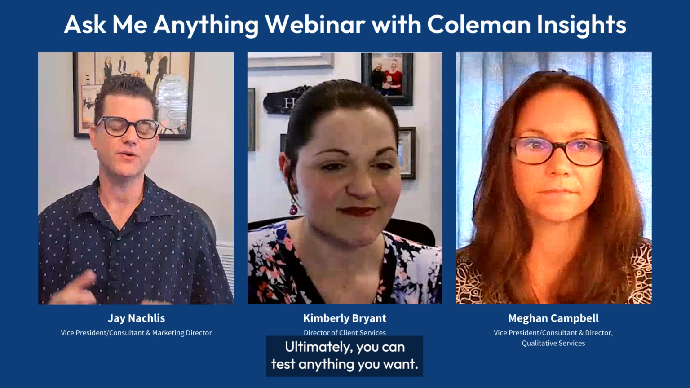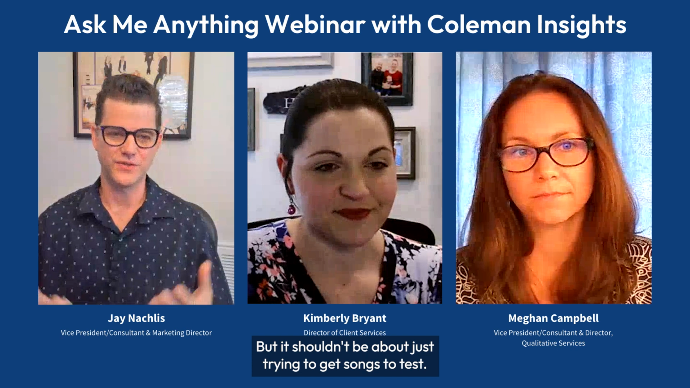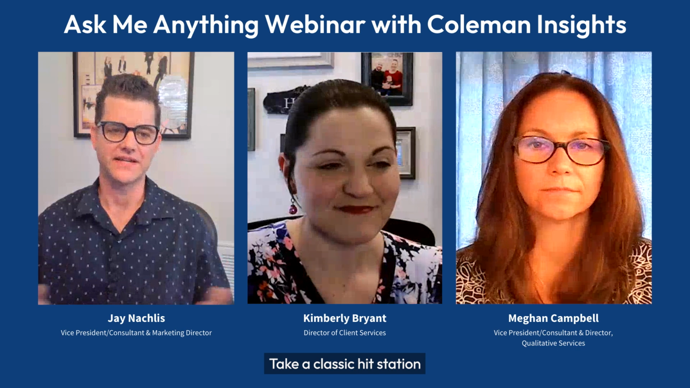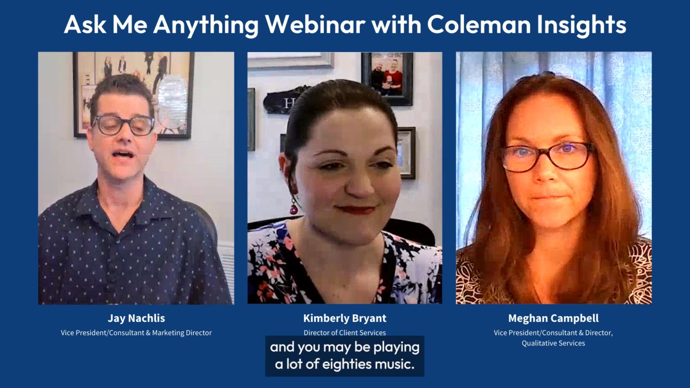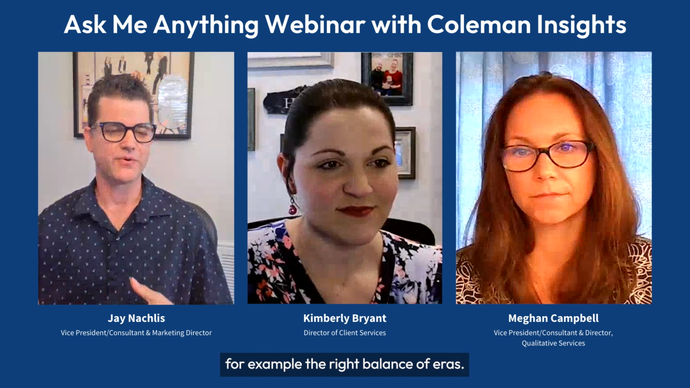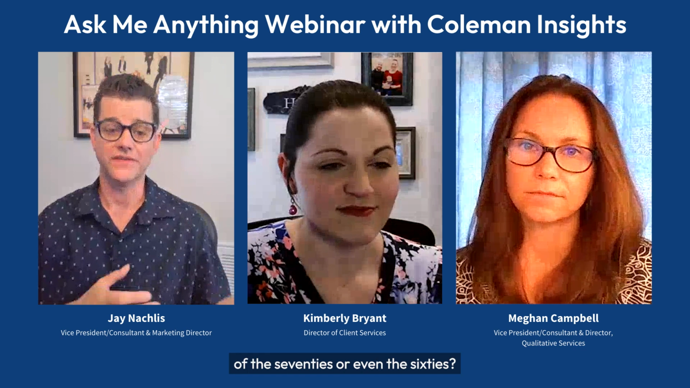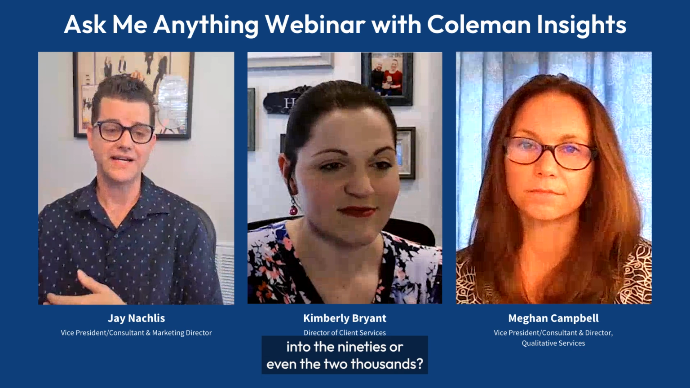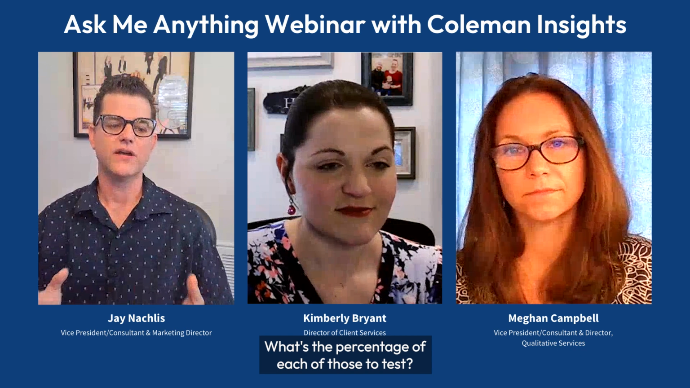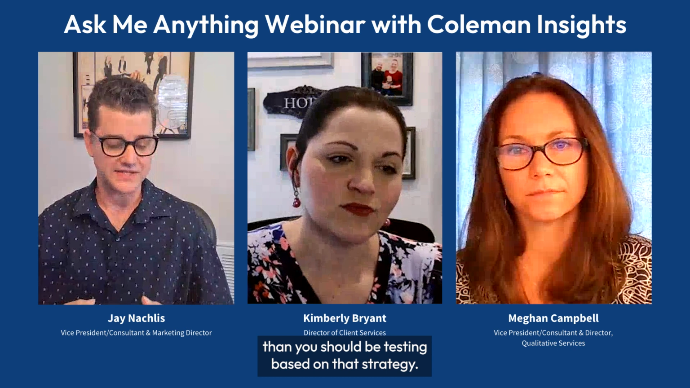The music test, ultimately you can test anything you want, right? But it shouldn't be about just trying to get songs that test. So let me just give you an example of a format. Take a classic hit station, and you may be playing a lot of 80s music. But what a perceptual would tell you is what's, for example, the right balance of eras. Should we be evolving out of the 70s or even the 60s? Should we be evolving more into the 90s or even the 2000s? What's the percentage of each of those to test? So you could end up testing a lot more of one era than you should be testing based on that